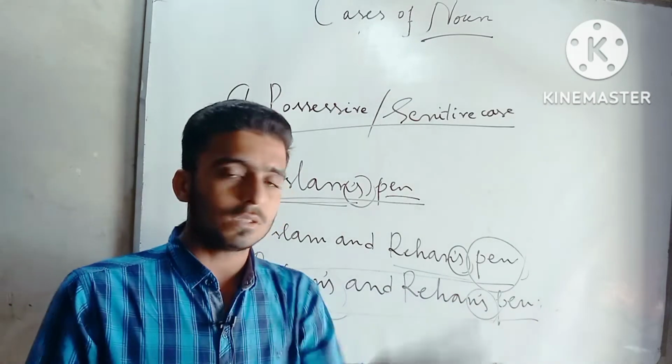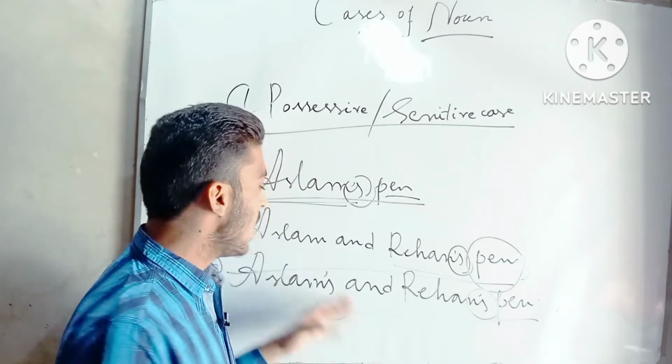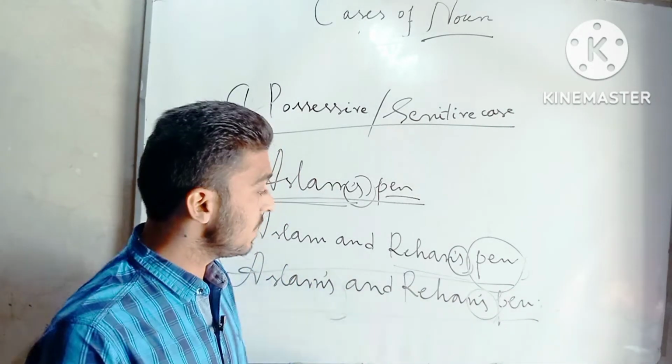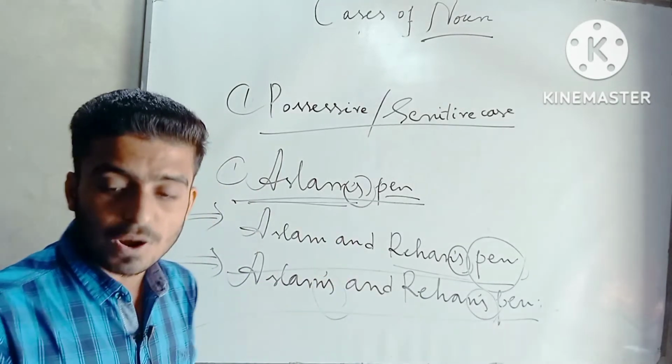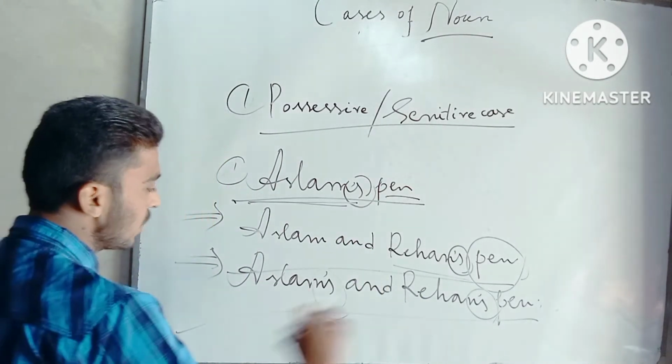It means there are two different pens and two different owners. Aslam has a different pen and Rihan has his own different pen. So this is the possessive case. And after that, when we go to form the possessive case of other nouns, suppose I can tell you